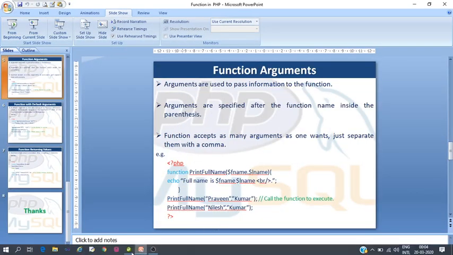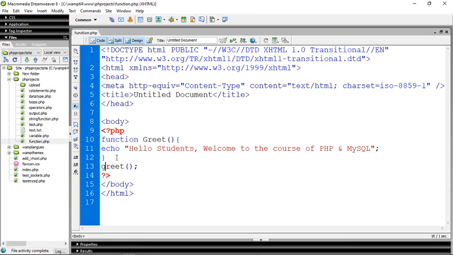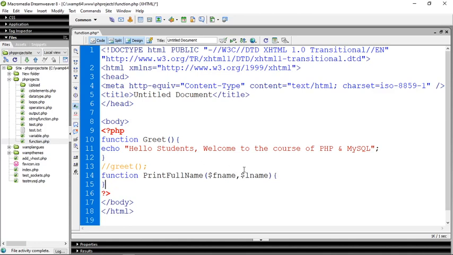So this is our Macromedia Dreamweaver. Here just comment this line where we have called the function greet. Now create another function using the function keyword, function printFullName, and pass the arguments $fname, comma, $lname, and then within this we are printing the full name. We're printing full name, echo